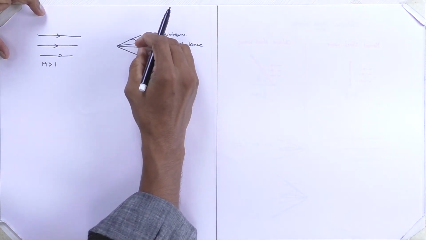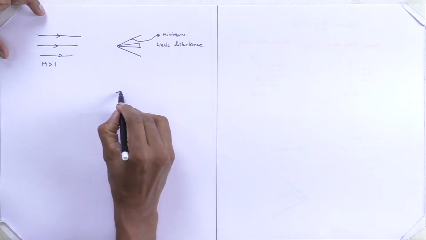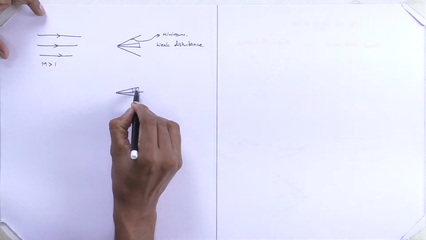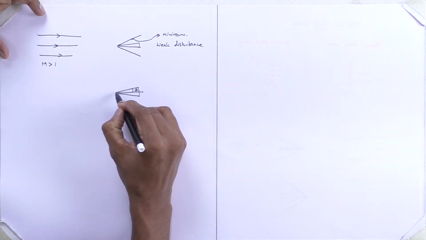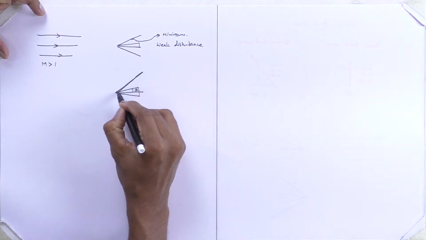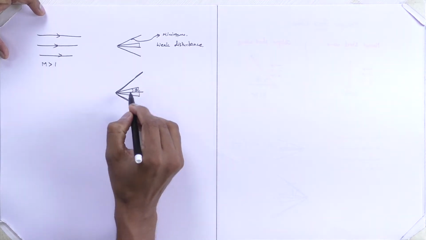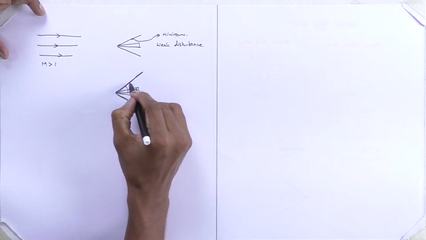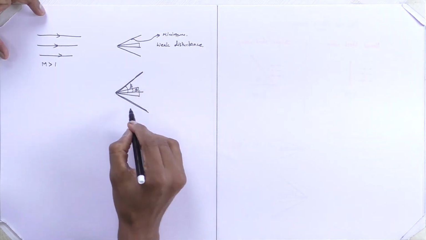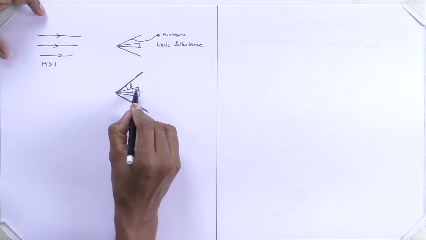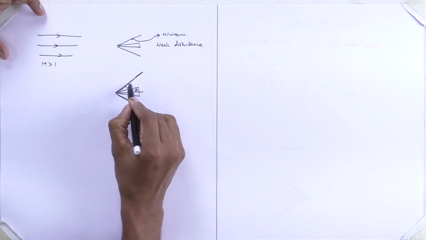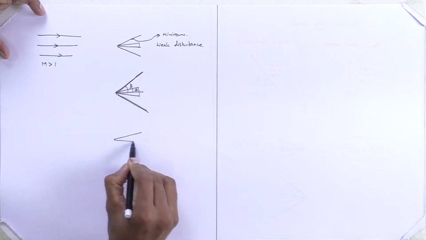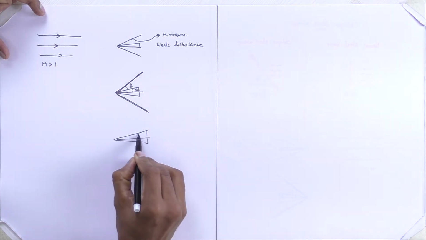If we increase the disturbance strength, let's say I have a finite semi-wedge angle, it will produce a strong wave, which we call a shock wave. It will have the angle beta less than 90 degrees. This is what we call an oblique shock wave. If we further increase the theta angle, this wave will become even stronger. So the pressure ratio across this wave will be very considerable.